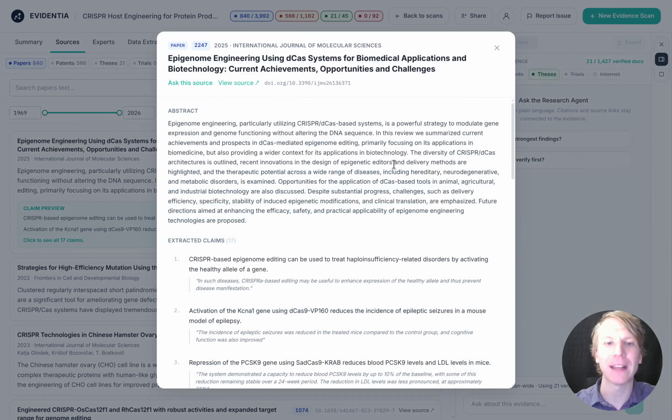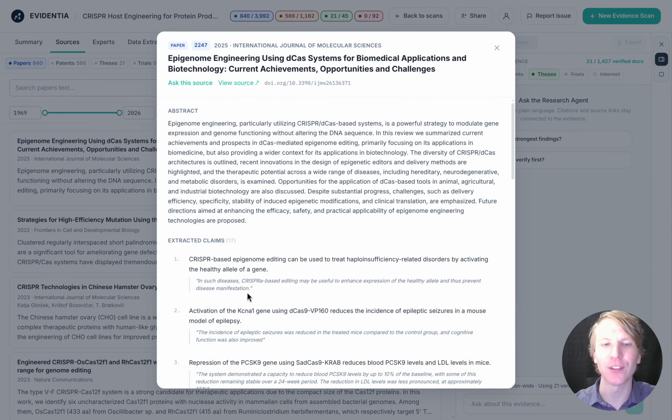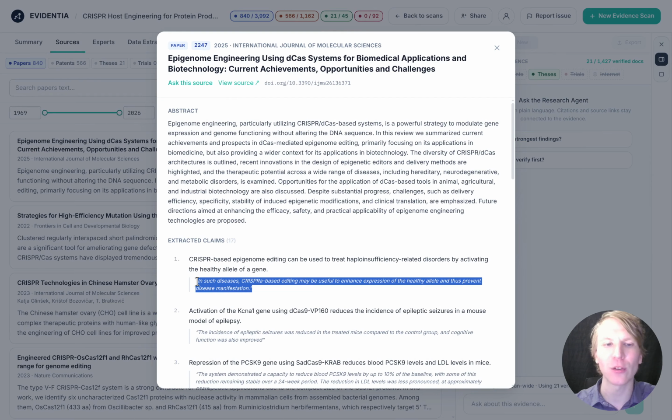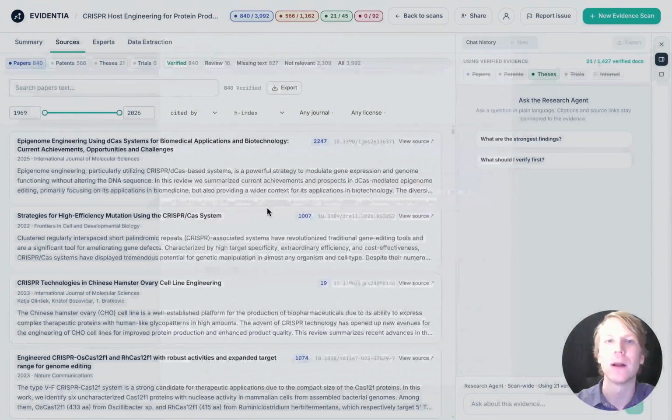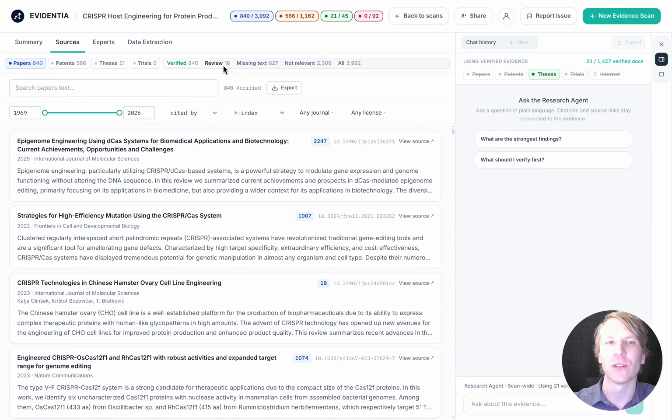What it means to be verified is we process the full text, and you see in the quotation marks here, this is a direct quote from this source material. So if I went to this source, which I could do by clicking this link, I would find this sentence here. Because we have the full text, we can use the models to find the information we want, and then use the full text to verify this information is real and not hallucinated. And you'll see here, there's a section for review, things that are missing text, and things we've deemed not relevant